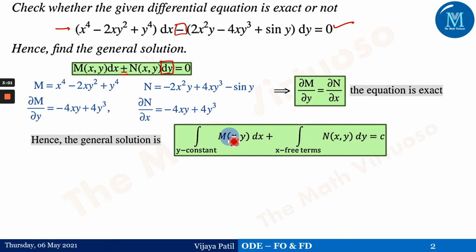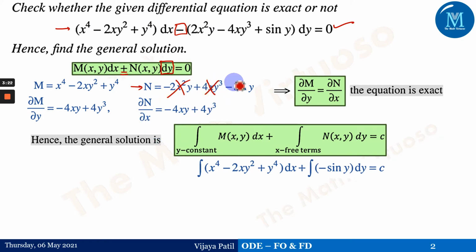So if you observe here, the first is the integral of (x^4 - 2xy^2 + y^4) dx, plus the integration. While considering the second integral, we have to consider the terms of N which do not have x. So we cannot consider this particular term. We have to just consider -sin y,